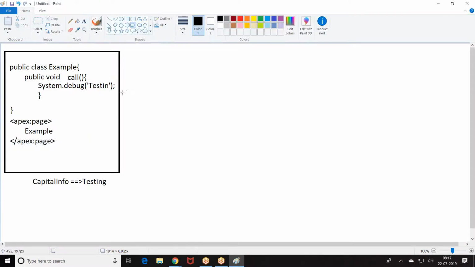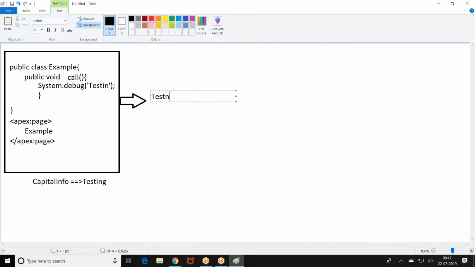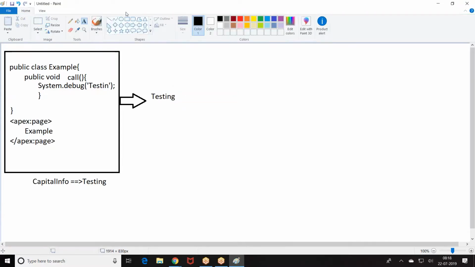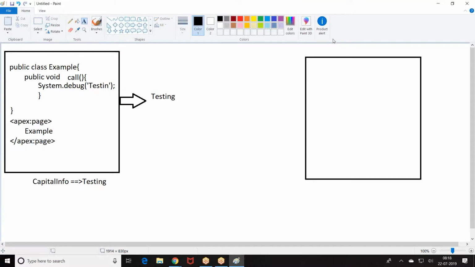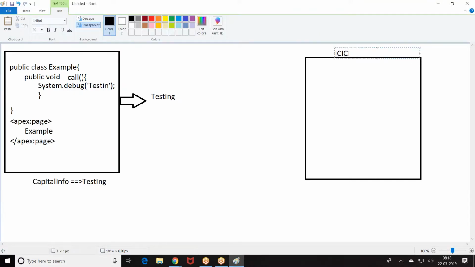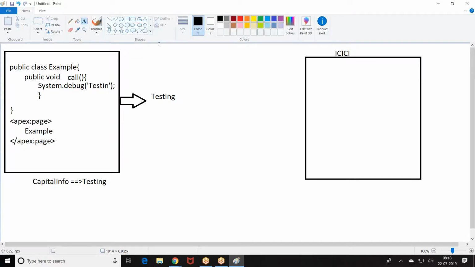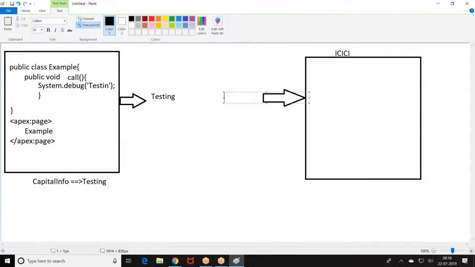This package I give to ICICI Bank. ICICI Bank has purchased this package. They purchase this package from me. When they purchase it, they install this package. ICICI Bank installed the testing package from Capital Info.